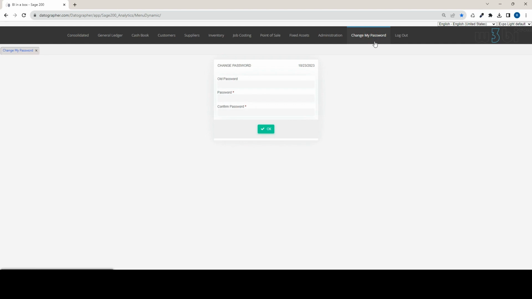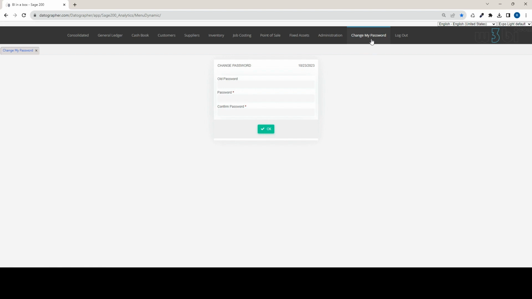Since the original account would have been created by an administrator with a predefined password, that is typically the first thing that a user will do once they have successfully logged in, since the administrator would have sent them an email with their credentials. This is also one of the important things for BI in a Box, where the administrator can connect BI in a Box to your local SMTP server, which will then allow emails to be distributed from BI in a Box, and is very relevant when a user forgets his password and they need to actually reset their password without the